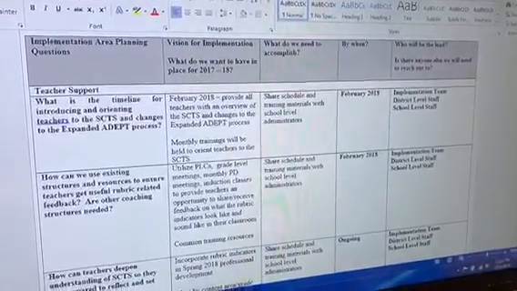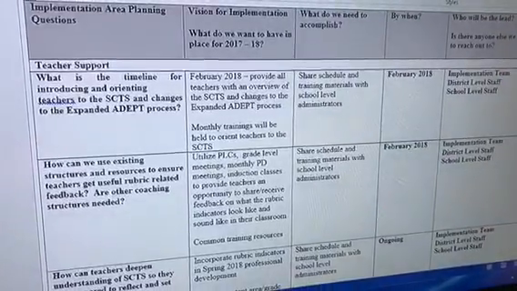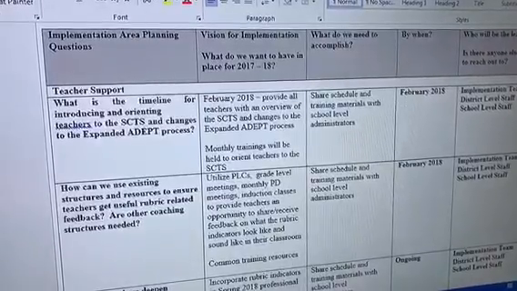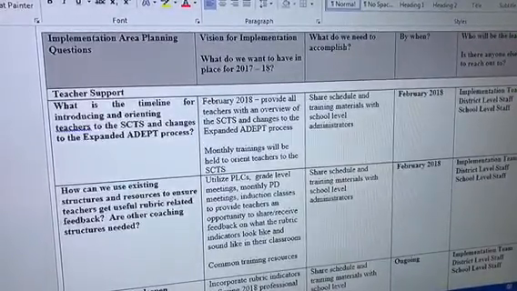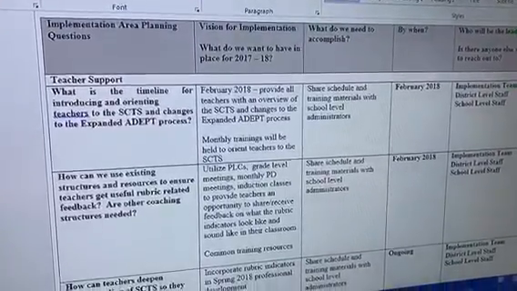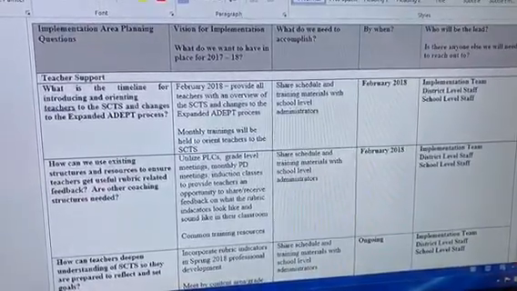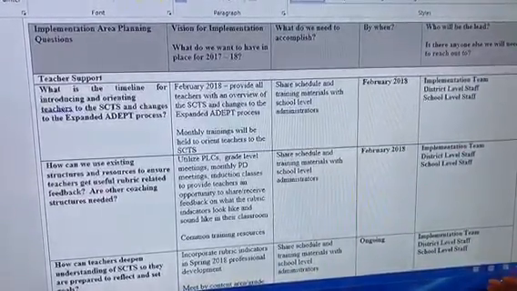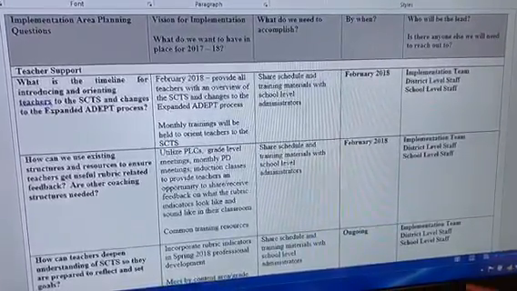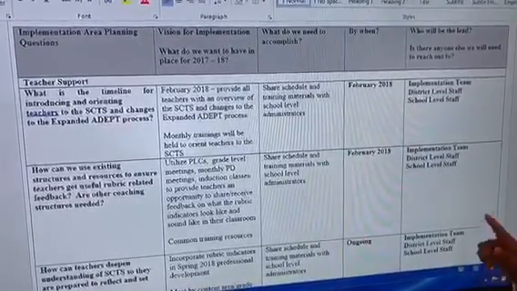And then our last area that we reviewed was the area of teacher support. And then we talked about what is the timeline for introducing and orienting teachers to the South Carolina teacher standards and changes to the expanded ADEPT process. And you'll see a little bit later, some of you have started already at the beginning of the school year. Our induction 1 and 2 teachers have already been onboarded in the process beginning at the beginning of the school year. The rest of our staff, we are looking at February of 2018, rolling that information out, and then also